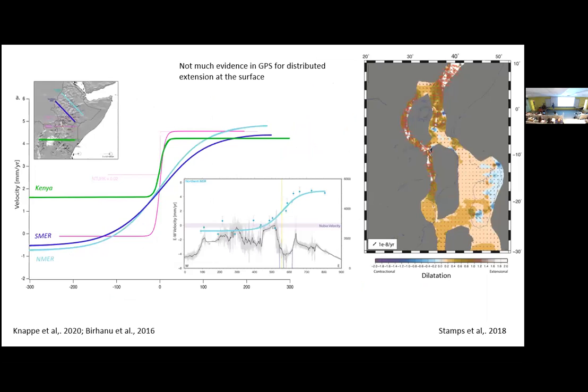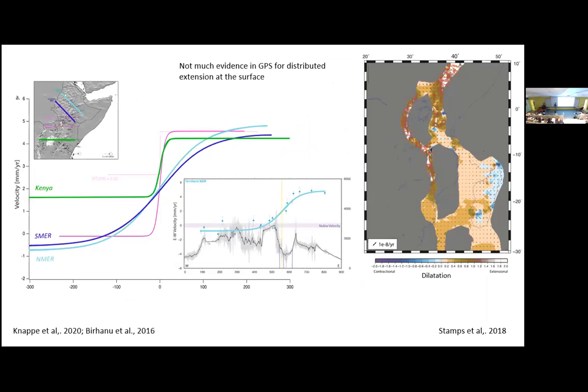Okay, so some of the geophysics says that this drift is super broad at depth. What about right at the surface? If we take GPS velocities, and Sarah, somewhere here in the audience, you should ask her about these, on the right-hand side is her recent model, and the left-hand side some other models. You can see that you can argue that there is a somewhat broad distribution of extension measured